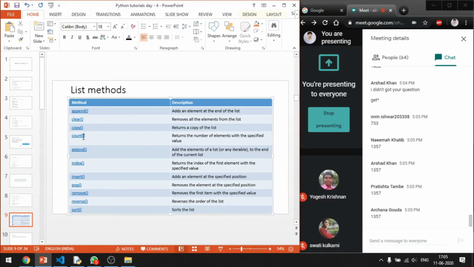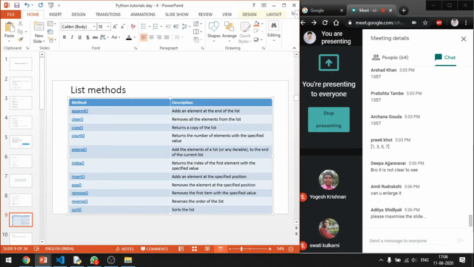If you mention a value inside the count parentheses and execute this, you are going to get the number of elements which have that particular value, right? So if you have 1 3 3 5 in a list, and if you pass 3 as a parameter to this particular function, you will get 2 as a return, right? I can enlarge it. Please take this down.